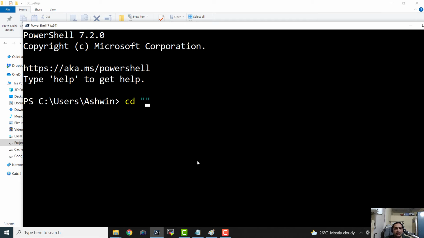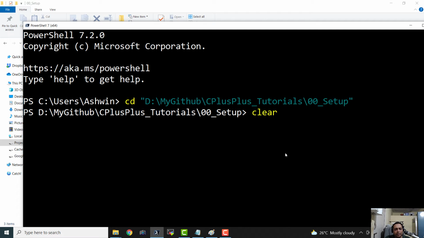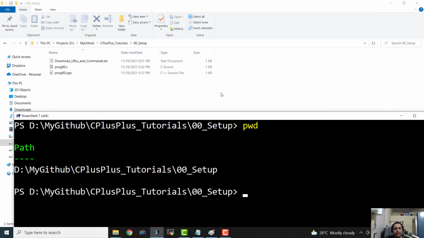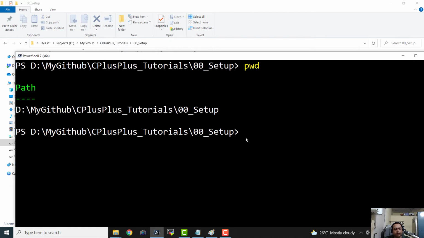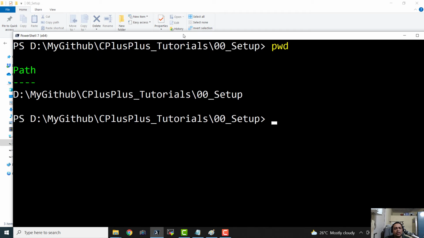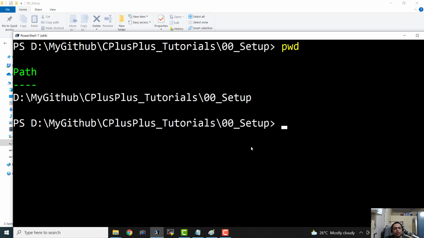So let us mention the entire path or the absolute path of the directory, and let us switch to that directory. Let me clear the screen and type in the command pwd. So this is the present working directory. Now we are in this directory in the command prompt as well as in the file system explorer. Now let me increase the font of the PowerShell console. Basically you have to keep the control key pressed and then scroll the mouse wheel up and down. I guess it is the same across almost all the tools.